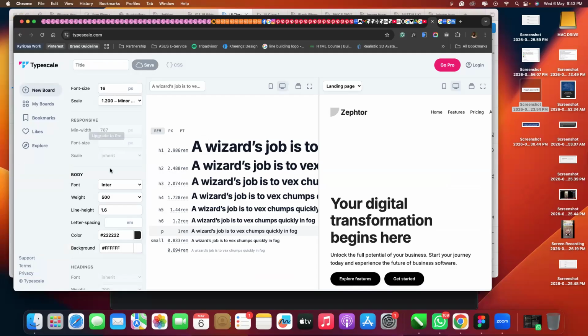So this site has given us the opportunity to do the math for us. What we need to do is just put in our figure, put in the font we want to use, and then the site is going to do the calculation for us. We're just going to copy and paste. So for this, if you look at the site,